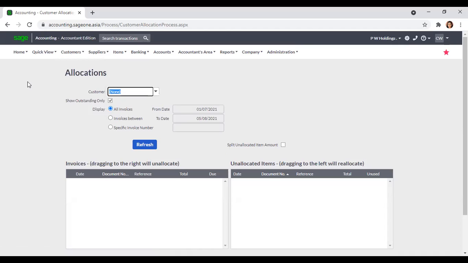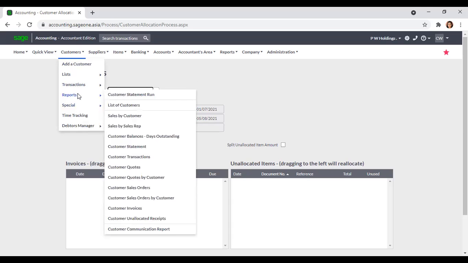But sometimes you may pay advances, or your customers may pay advances to you. In that case, before entering the customer invoice, you will enter the receipt. And later, after entering the receipt, you will enter the invoice. But when you are entering the customer receipt, you cannot allocate that customer invoice. And if you haven't allocated your customer receipts to your invoices, when you are generating your customer balances days outstanding report,